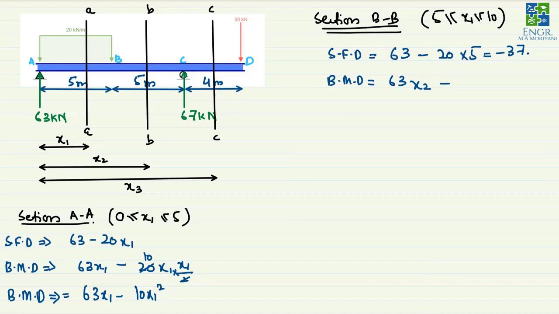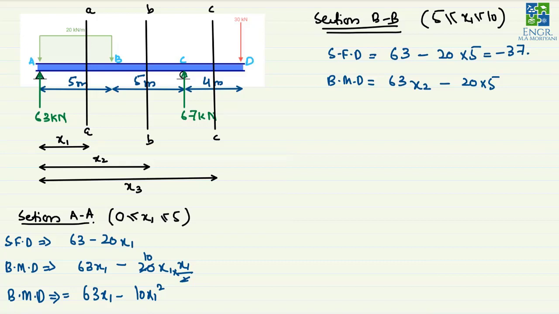and then minus because this uniformly distributed load is downward, and it will generate a counterclockwise moment, and counterclockwise moments are considered to be generating the negative bending moment to the left of the section. So this will be minus. Total magnitude of the load will be 20 kilonewton per meter multiplied by 5. So this is 20 multiplied by 5. Now this is the total magnitude of the load.